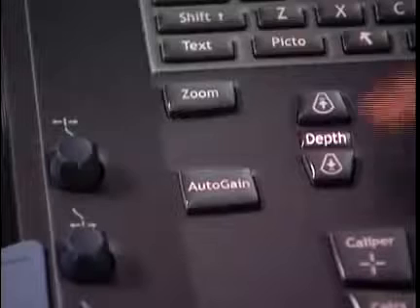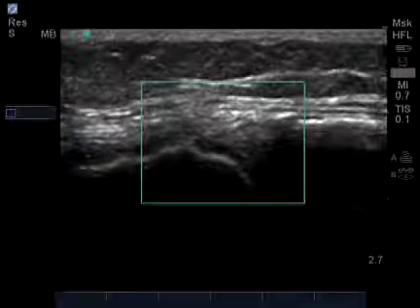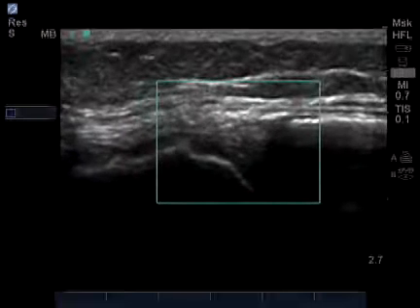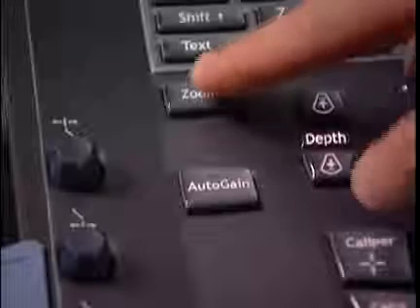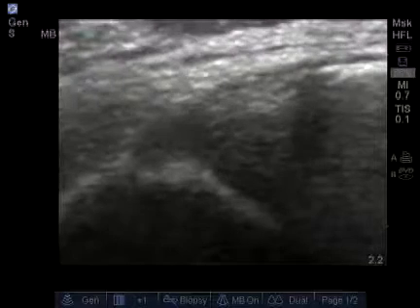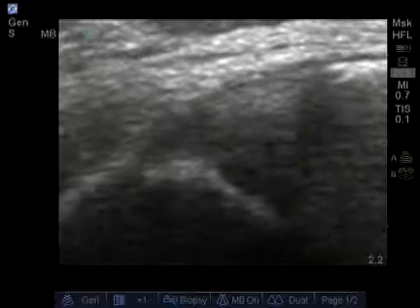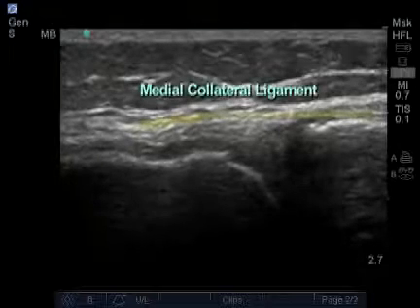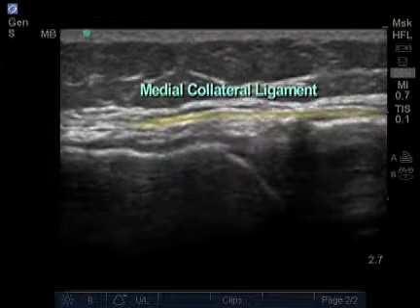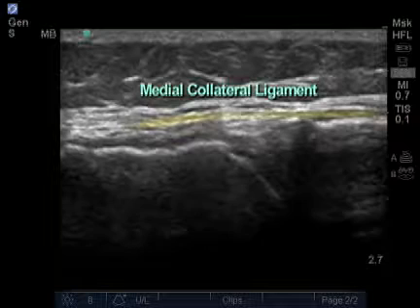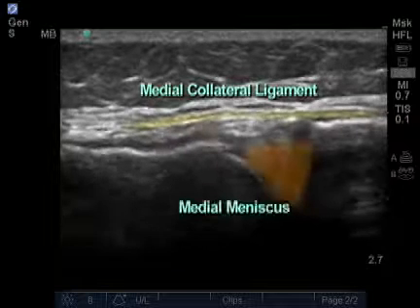I do this by pressing the zoom button, squaring the image, centering it, and pressing the zoom once again. And here I visualize the meniscus, which appears healthy with no significant trauma. Overlying the meniscus lies the medial collateral ligament, which is a band-like structure that we can see directly above the